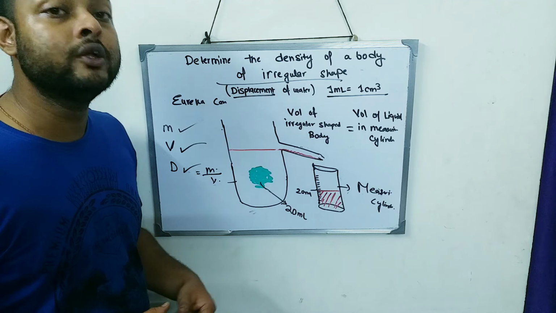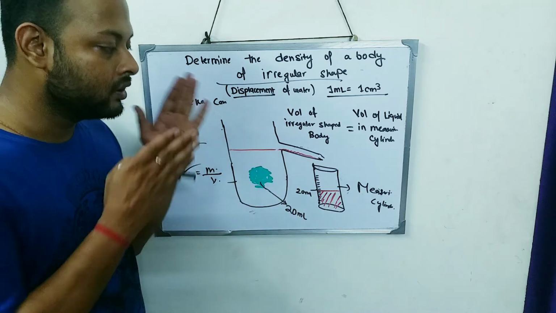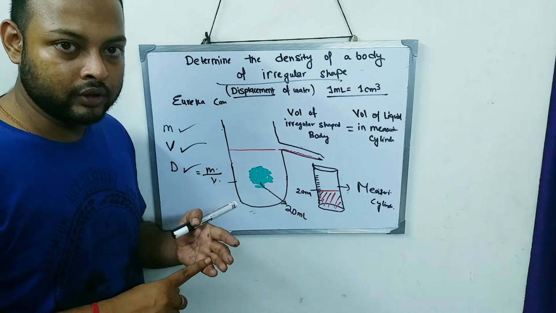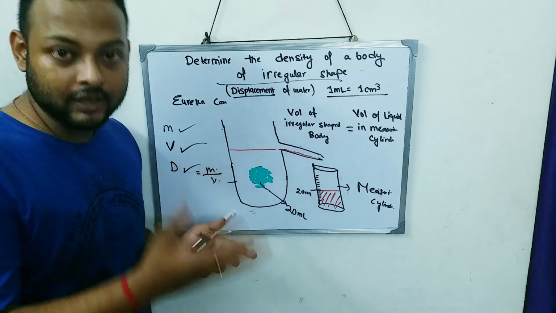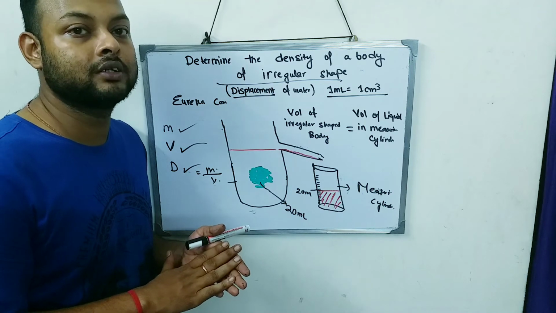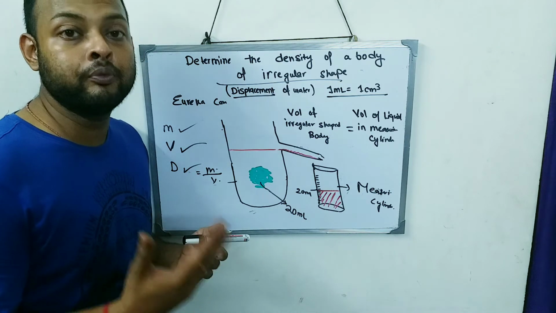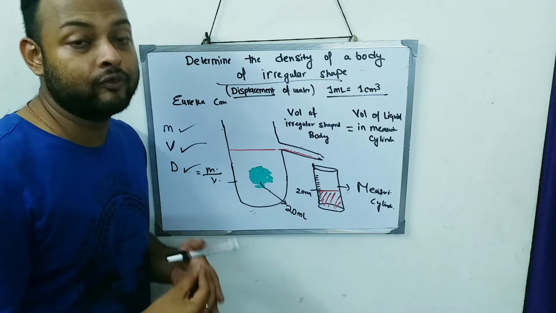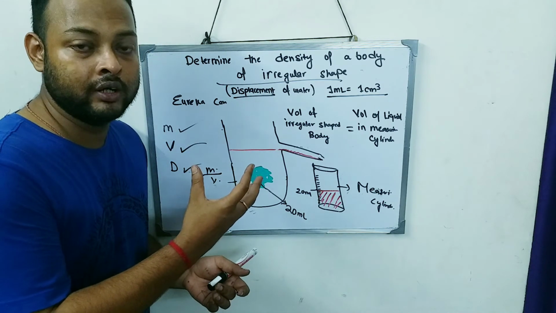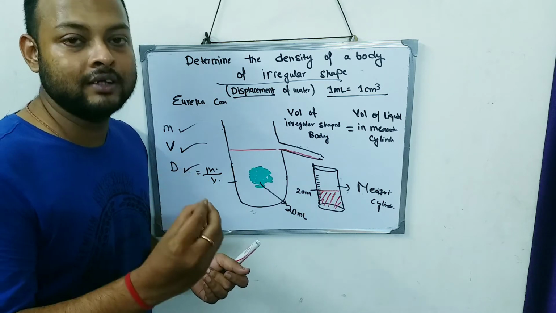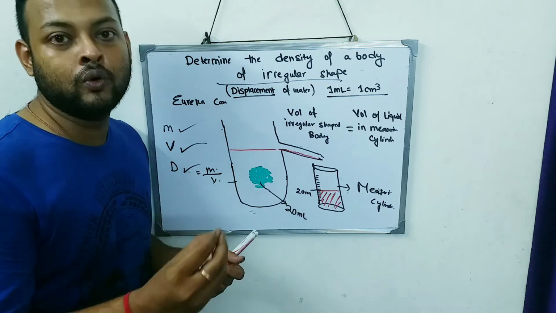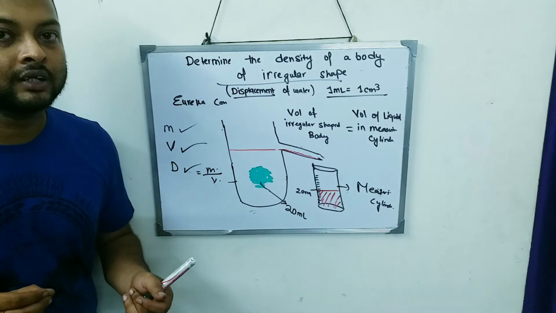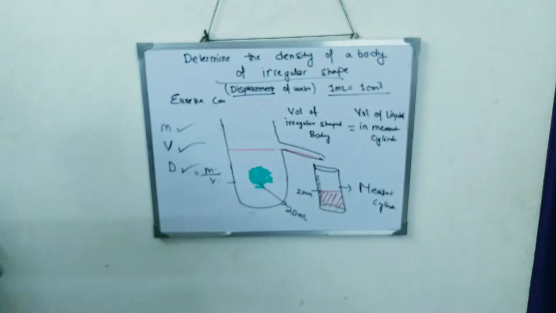Now we will do a numerical related to this concept, and I'll give you one homework. Solve the sum and write the answer in the comment section. Clear? That is how you improve in physics. Numericals are easy only if you practice. I'm going to show you how I do it, and please practice the numericals, because there is no other way to improve in physics. I hope this is understandable. So let's see the numerical.